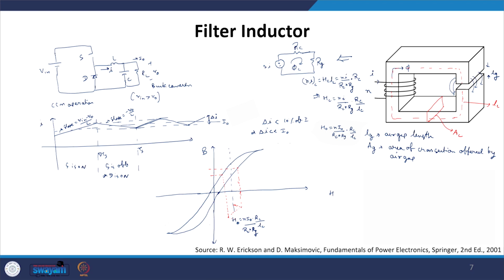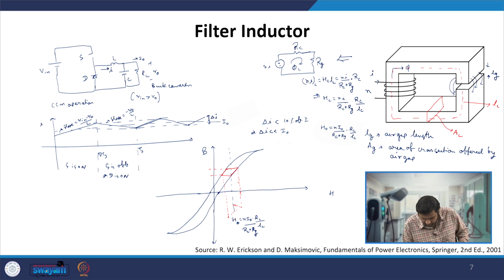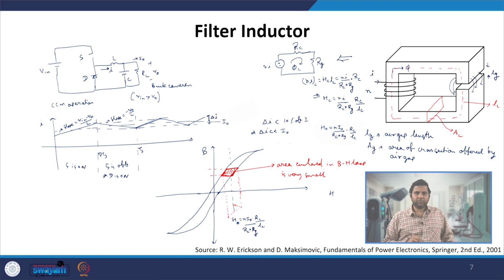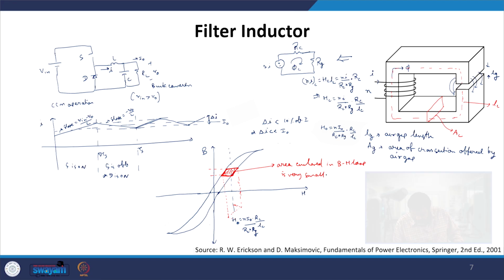So it will look like something like going here, comes like this, and then goes here. So this is something like a curvy shape it will look like. So only this much is the area which has been enclosed in the BH loop, and that will actually correspond to a very small area enclosed in the BH loop. And since this area enclosed in the BH loop is very small, we can then say because of